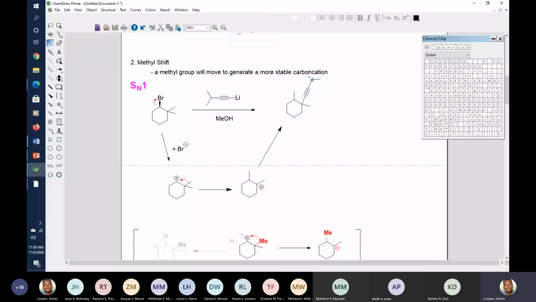Do I have to draw a wedge and dash on this molecule? That's a yes, right? Because this carbon is now what? Chiral. Chiral, that's right. So I need the wedge version of that, and also I need the dash version. And some people just go ahead and put the dash here as